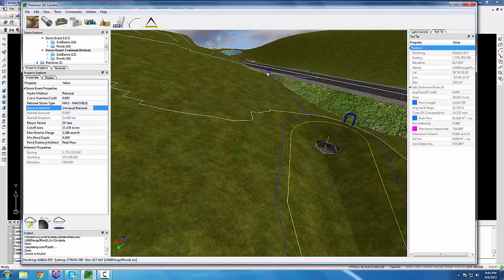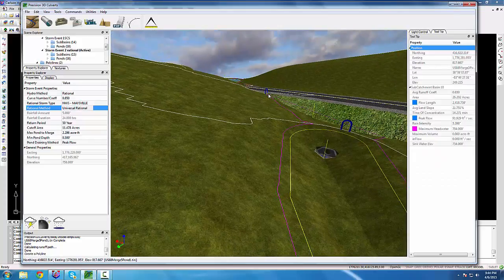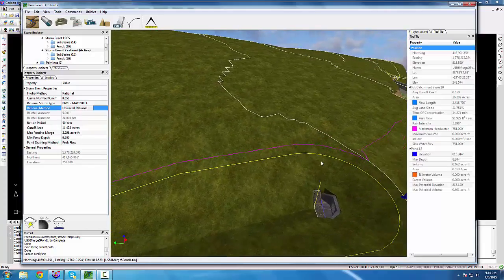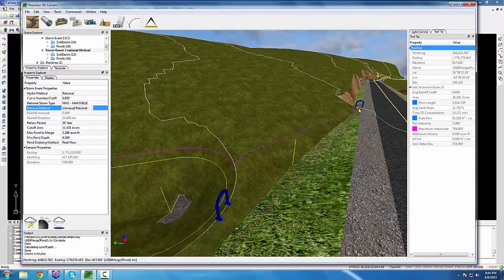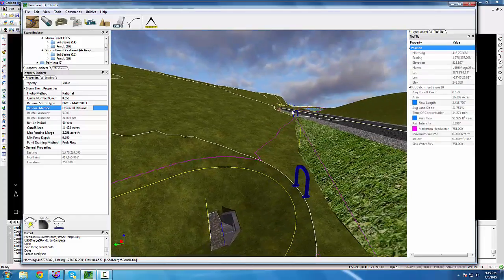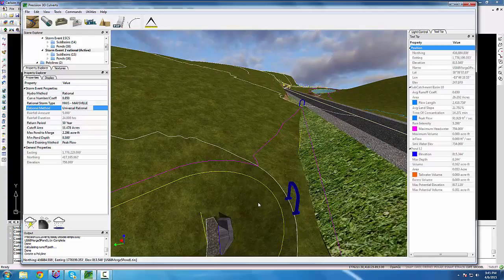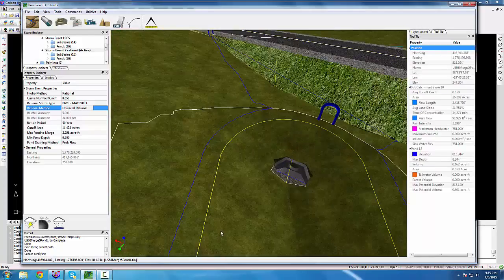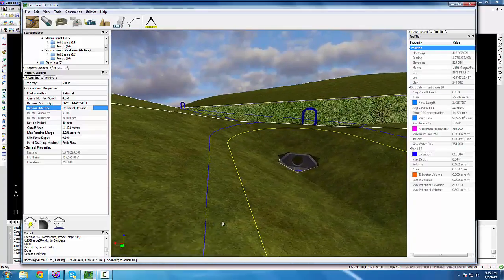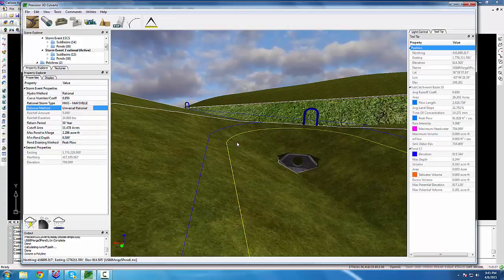Note the water would overflow at this magenta line and continue down the roadside ditch through that gate right there. And the actual pipe that was designed here was sized perfectly such that its headwater was this yellow line, which means that at this peak flow in this watershed, the water does not exceed this